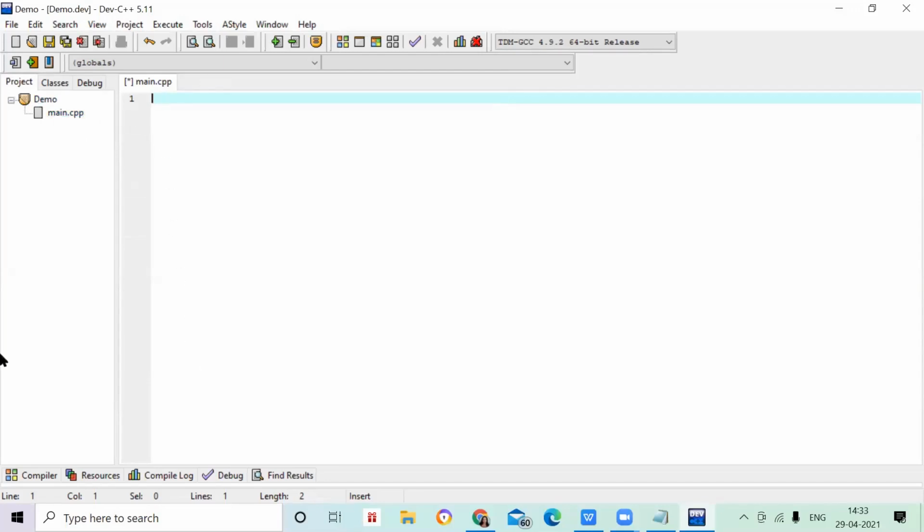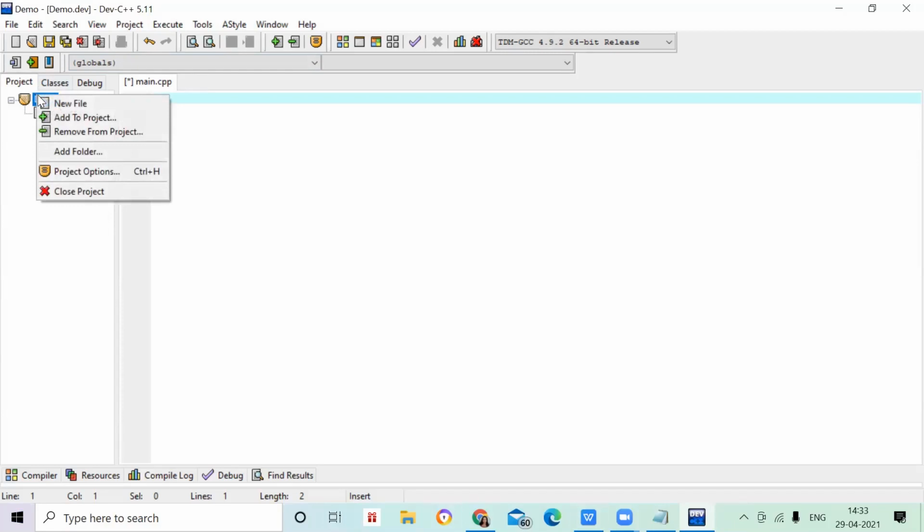Before writing the program, there is a procedure to add the linker library parameters. Where do you add them?